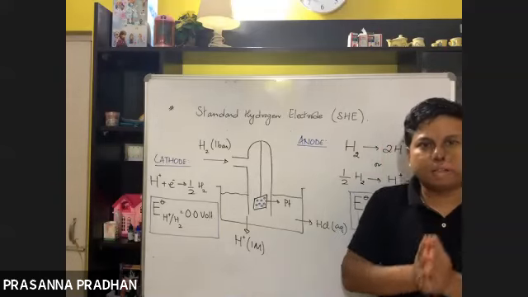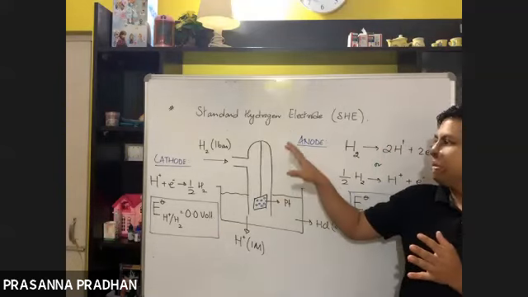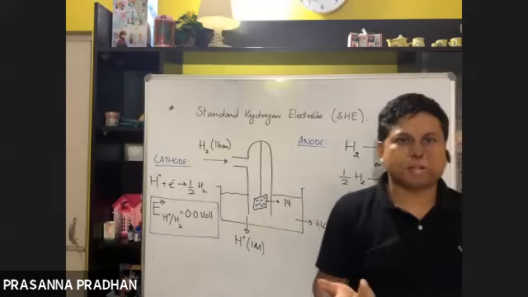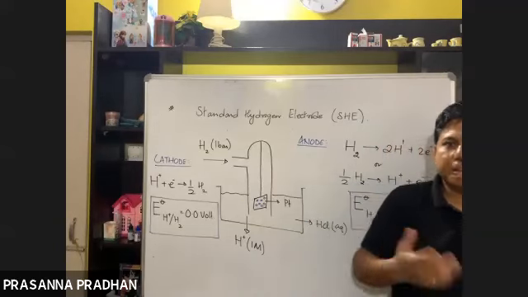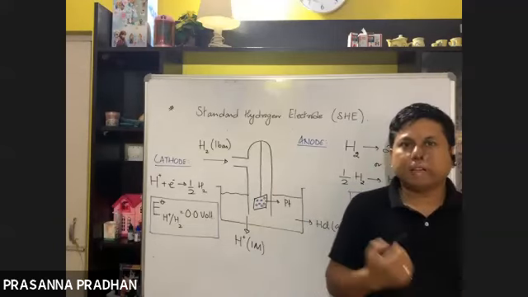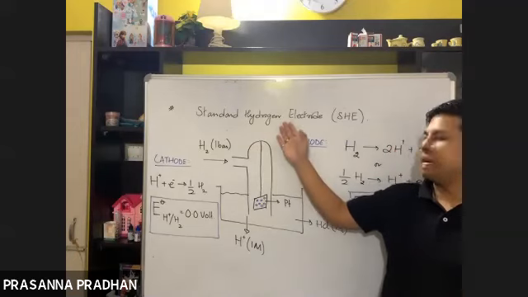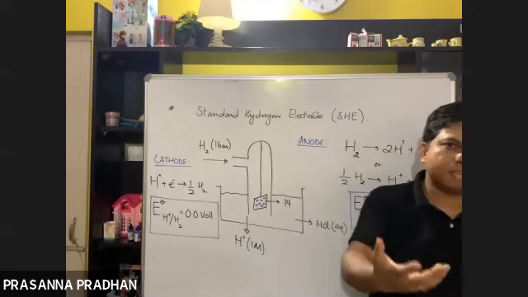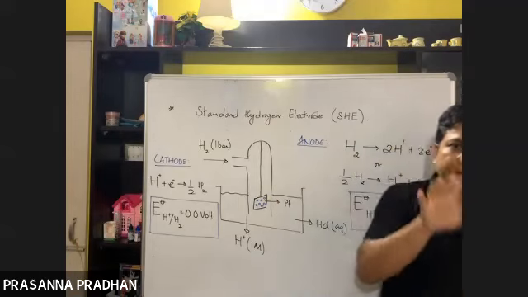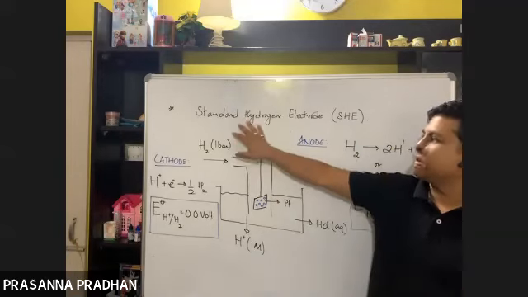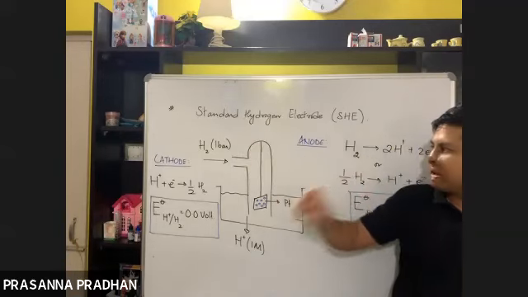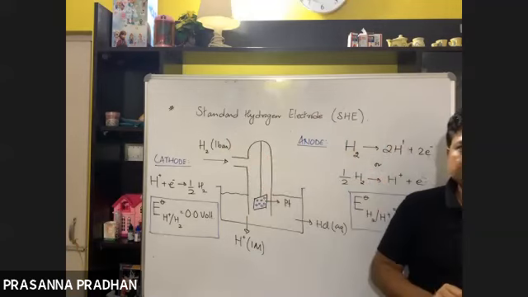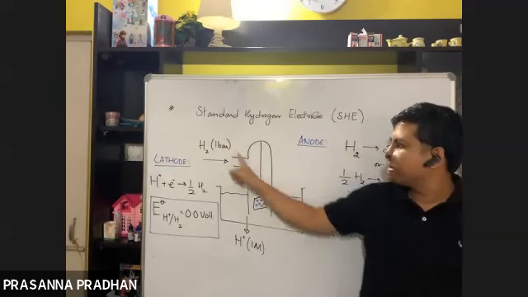Okay. And in order to measure the electrode potential, what do we do? We take a common electrode with respect to which we measure the electrode potentials of all the electrodes. And what is that reference electrode taken? It's standard hydrogen electrode. All the other electrodes are also used. Okay, in our syllabus there is just a standard hydrogen electrode. So standard hydrogen electrode looks like this. Hydrogen gas is bubbled at the pressure of 1 bar.